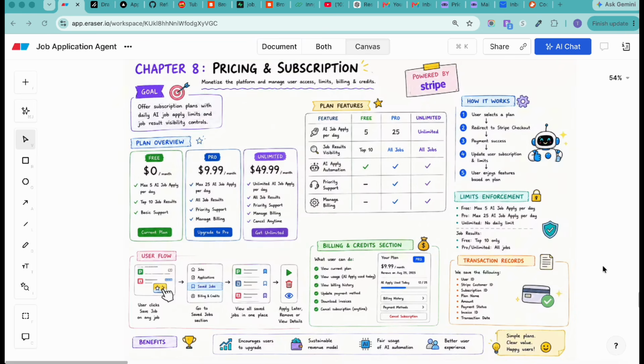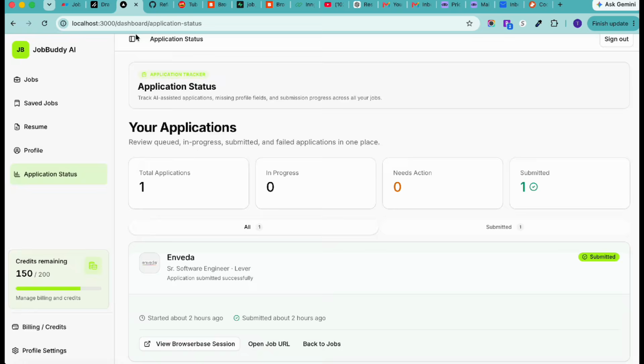Now it's time to add a pricing and subscription section to our app. Currently, any user can apply to unlimited jobs using an AI agent, but we have to add some limitations so that we can use this application as a SaaS application and make money out of it by providing different plans